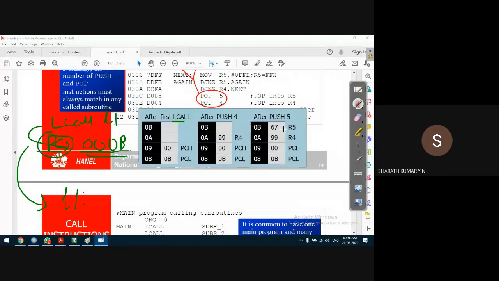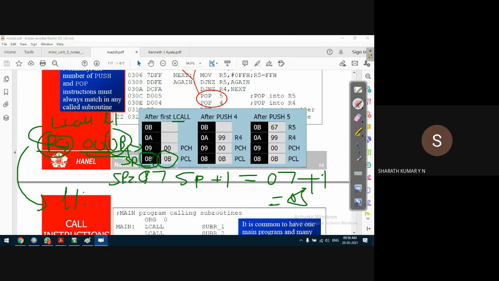So this content of PC should be stored on the top of stack memory. We know that stack memory starts from 07h, and it is pointed by the stack pointer. Initially, it stores 07h. Before it loads the data on the stack memory, it will increment by 1, that is SP plus 1. It becomes 07 plus 1, that is 08. In location 08, PCL, the lower byte of the PC, will be stored first.